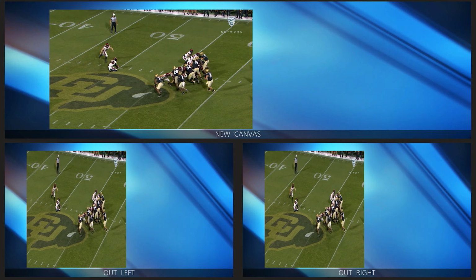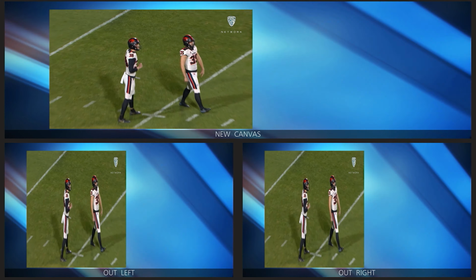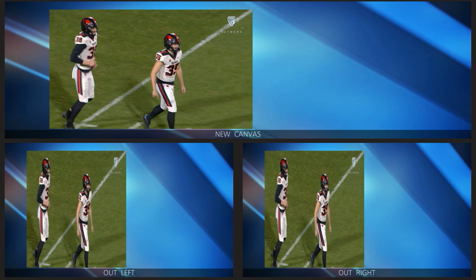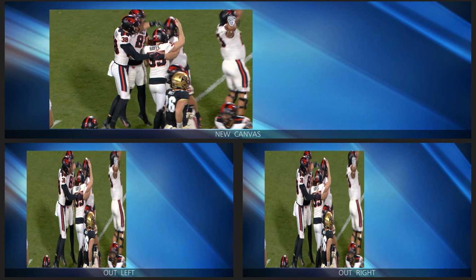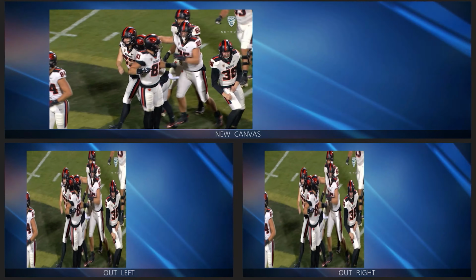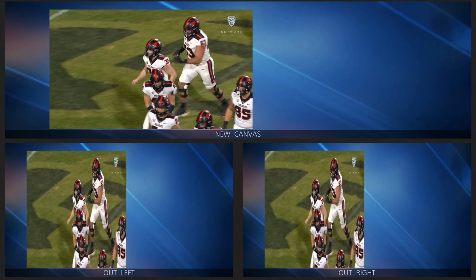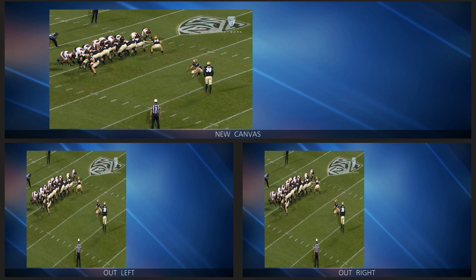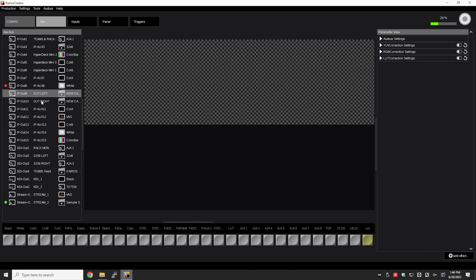And if we look at our multi-view now, we can see that that full canvas is being output both the out left and out right side, and by default it's being squished down. So Kairos is taking the source resolution and squishing it down to be in the output raster size. So of course we don't want to do that, we want to get a true pixel representation here. And so to change that parameter, I'm simply going to select the output, in this case output left to start,